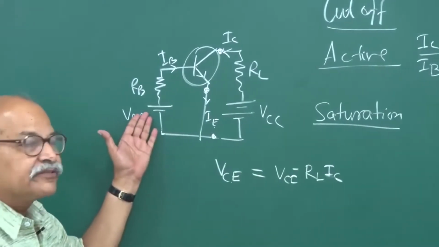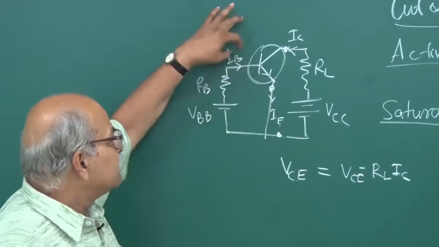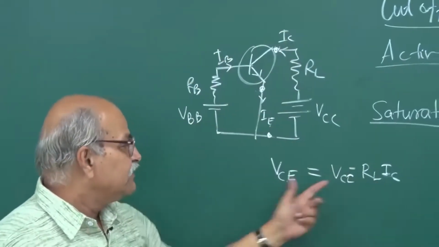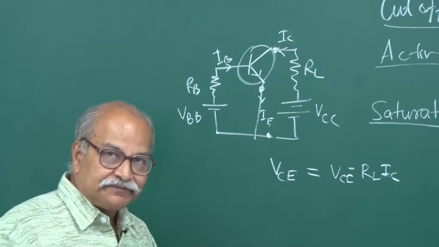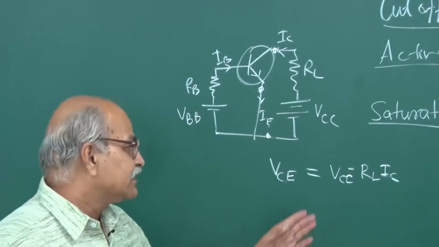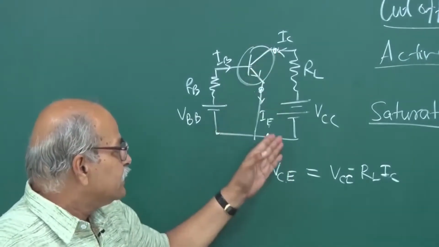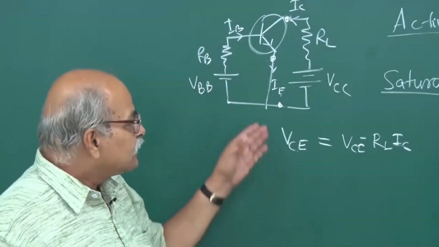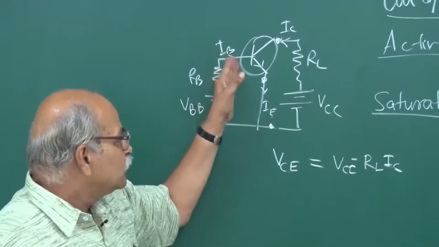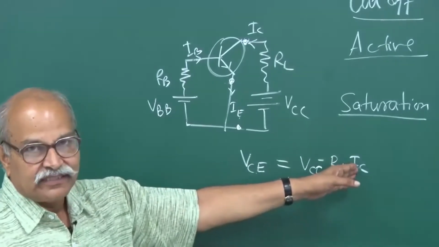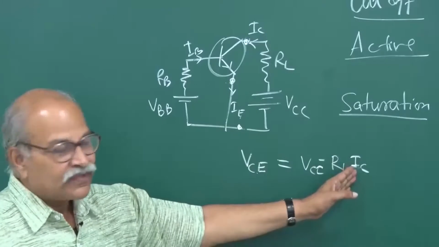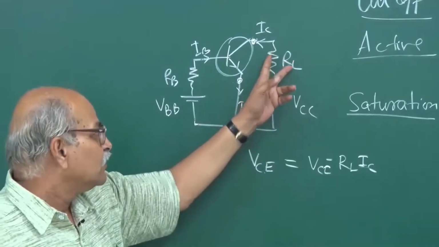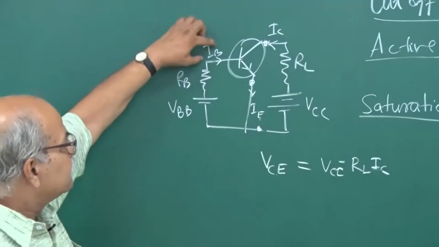But what happens if I increase this VBE, if I increase this IB? If IB is increased, IC is increased, and if IC is increased, then VCE is decreased. So, that reverse biased voltage decreases, okay? And if reverse bias voltage decreases, the strength with which it is attracting these electrons decreases, and if you are increasing IB, there could be a situation that this IC is now so large that this thing is close to 0, and in that case your reverse biasing is gone, although the same battery is there. We have not changed this RL or this battery, the same is there, but by just increasing this,